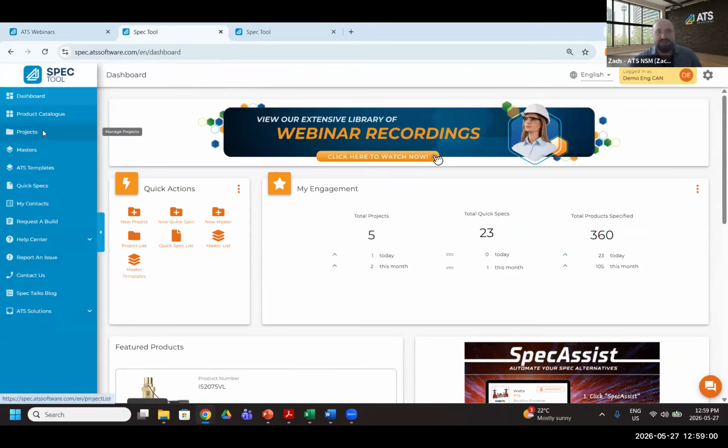I'm going to rush through this a little bit because I want to respect everyone's time and get this done as fast as I can. We have projects, masters, and quick specs. Those are basically different levels of folders in varying degrees of rules and recommendations. Our quick spec is simply, imagine just opening up a binder. It's an available selection. You can configure your selection, but our rules engine is not recommending barrier free because